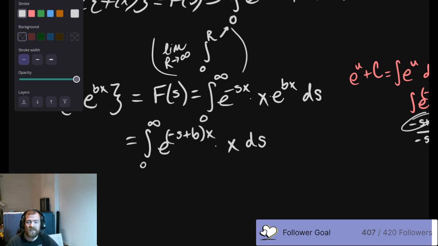Yes, this is the nice part. S is a constant, or x is a constant. S is not. Okay, so here we can do the integral now, right? This is the only s that exists in this entire integral, and x is not a function of s. They are independent of each other. So x is a constant multiplied by, again, this is s equals, just in case you forget.